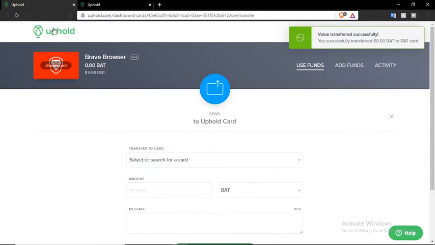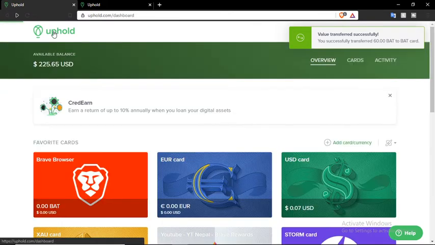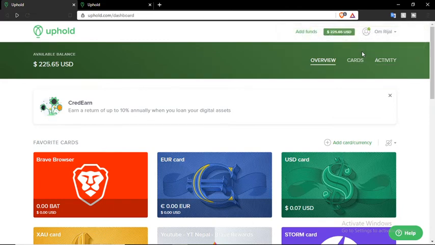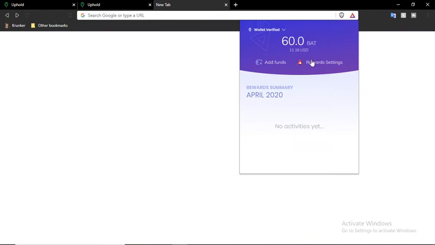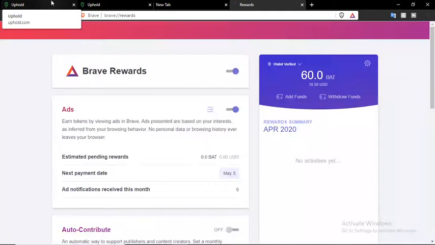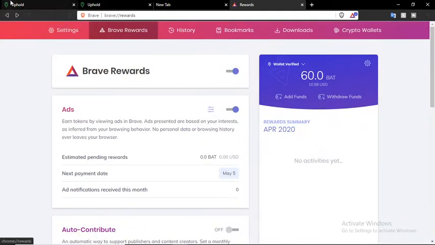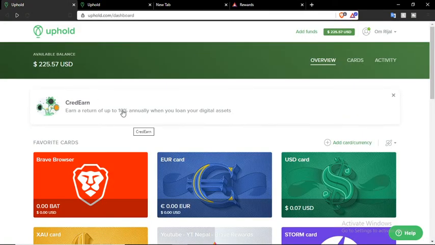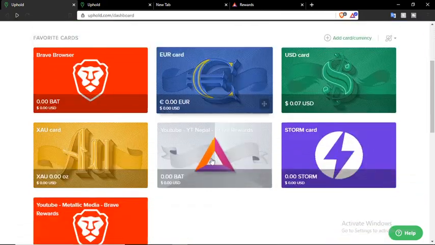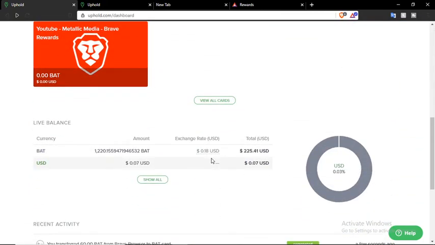Yes, you can see now the BAT token we have earned is successfully transferred. Now you can see right here, it will take time to show, but the amount has already been transferred.